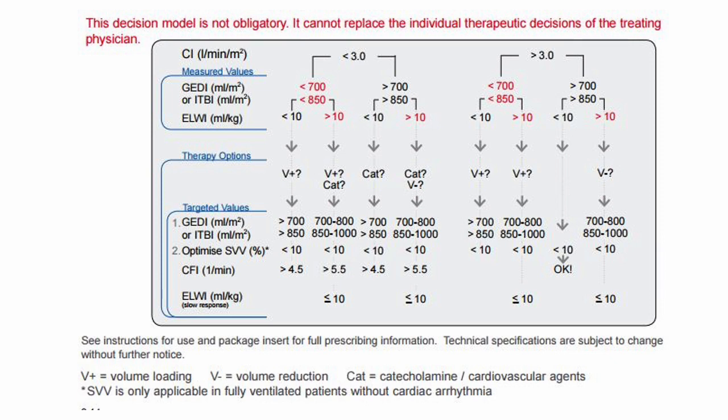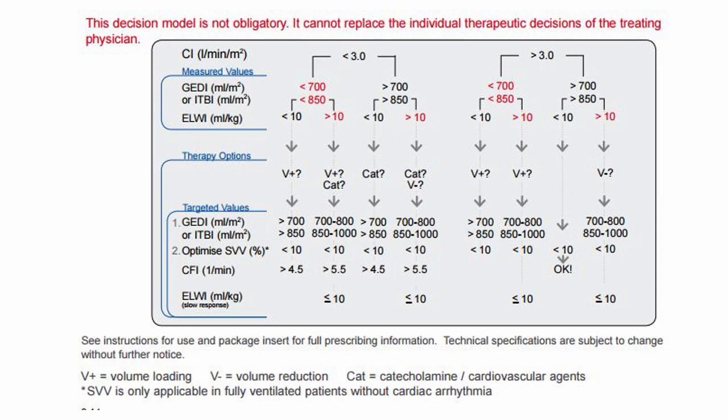So the main thing it will give you is your cardiac index. This is your cardiac output divided by your body surface area. So it's a standardized number that allows comparison against other patients. It will measure your GEDI, or your global end diastolic index, and this is an index of how much blood is in the heart at the end of diastole. So essentially how full your heart is. It can also give you your ITBI, which is your intrathoracic blood volume index, and this is the volume of blood inside the chest at the end of diastole. We would tend to use GEDI,